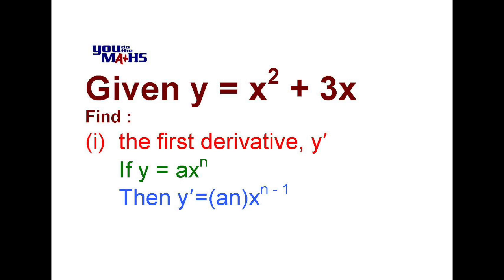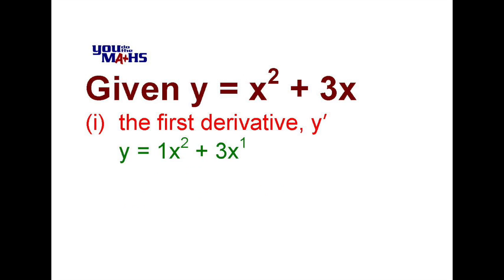Let's have a look at how we do that process with the equation y equals x squared plus 3x. Now what we're about to do we don't have to do every time, but we'll rewrite our expression as 1x squared and 3x to the power 1. It's exactly the same as x squared plus 3x, but